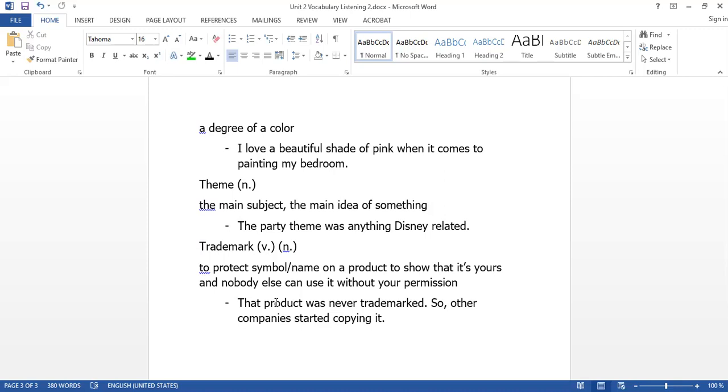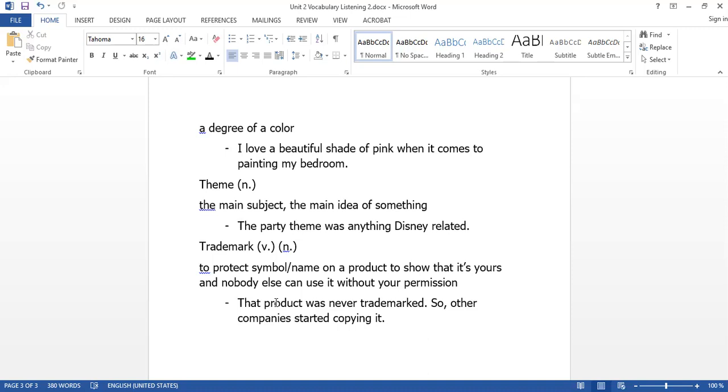I don't know if it's the same thing, probably similar, but in Thailand, when you go to a wedding, sometimes it says in the invitation that the theme of the party could be gray, maybe pink, red, things like that. So the bride and groom can kind of set the theme of their wedding reception. It depends, it's up to them, but some people just don't really set it, so you can wear whatever color you like as a guest. But yeah, some people actually do like a theme, so that when you take photos you get kind of similar colors together. So theme is like the main subject, the main idea of something.